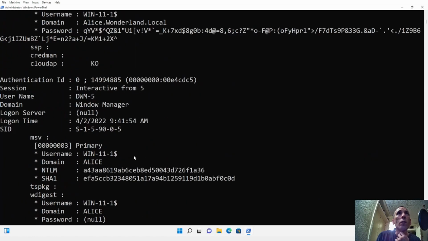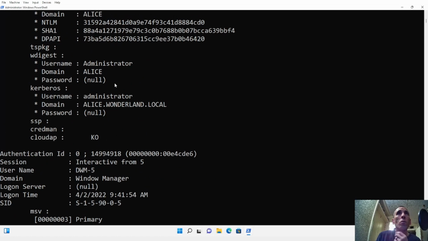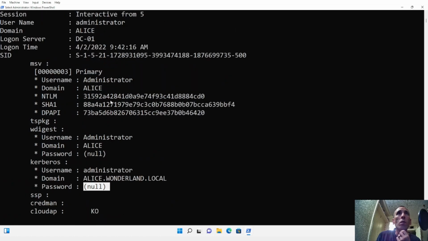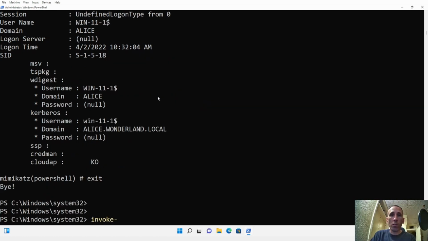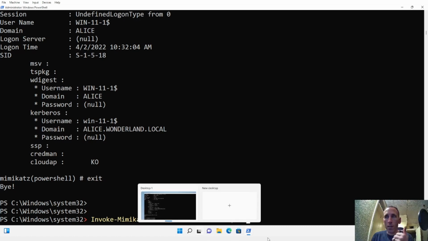What I'm also kind of surprised about is that the administrator password is null. How is the password administrator? Okay, here we go. So we did log in as administrator, and now we have administrator right here. So let's go ahead and grab that NTLM, and let's do an Invoke-Mimikatz, right? Command, right? It's going to be sekurlsa::pth, pass the hash, right? And then we need domain, user, NTLM,